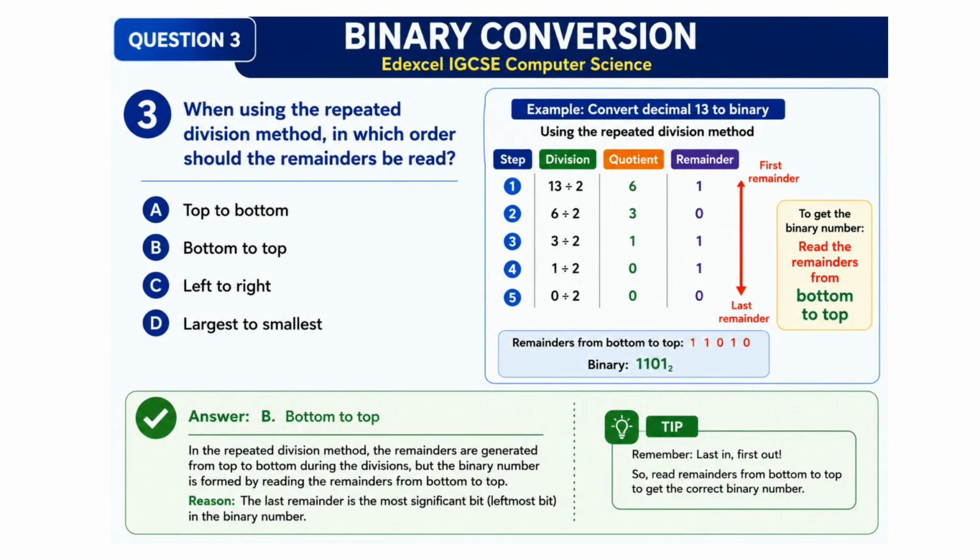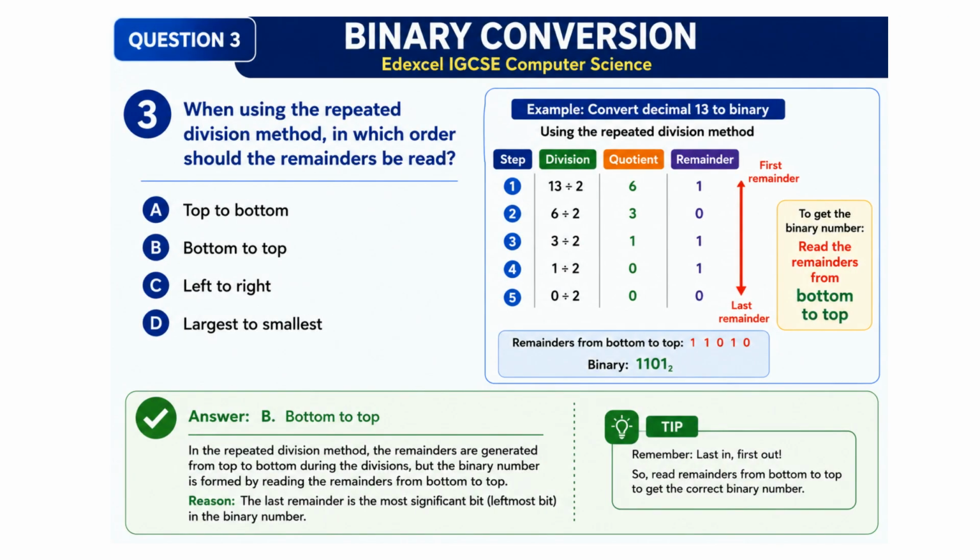When using the repeated division method, in which order should the remainders be read? Look carefully at the options. The correct answer is option B, bottom to top. As you divide the decimal number by 2, the remainders are produced from top to bottom. However, to form the correct binary number, you must read the remainders in the reverse order, from the bottom to